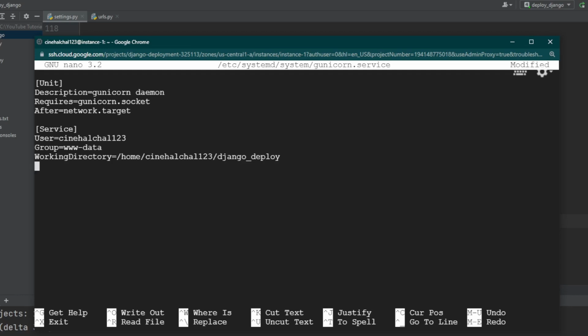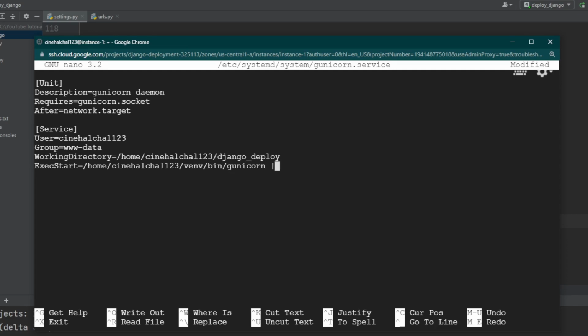Now we have to specify the command to start the service. ExecStart equal to /home/Sinihalchal123/venv/bin/gunicorn. Here we are giving the complete path to the Gunicorn executable, which is under our virtual environment.